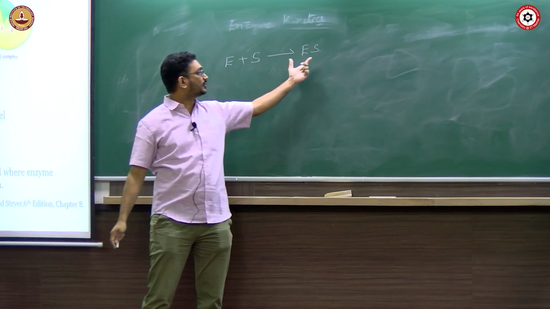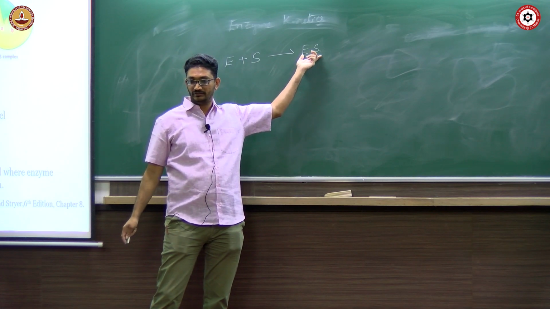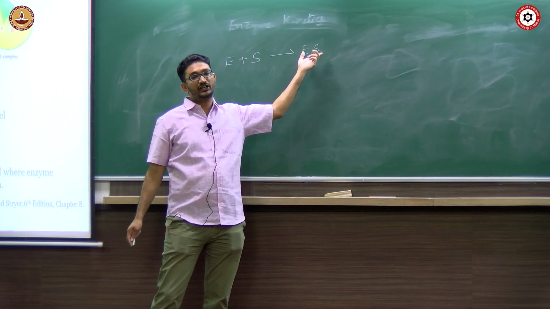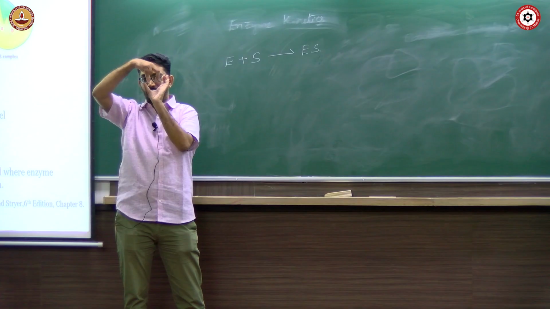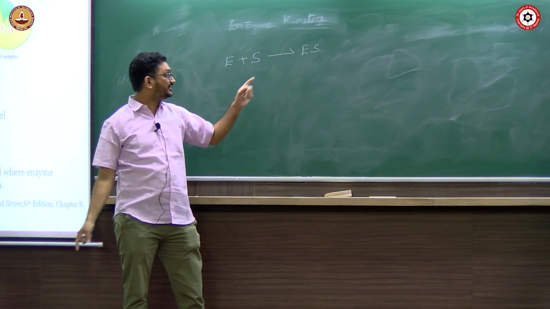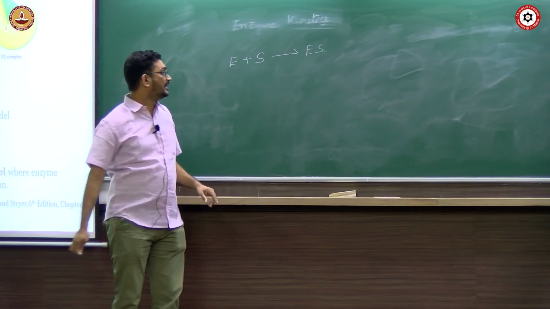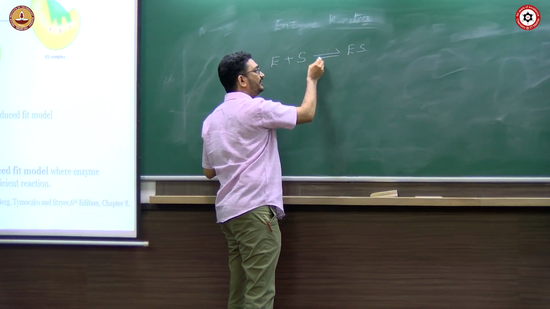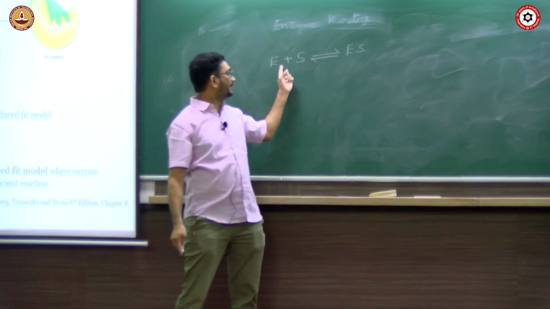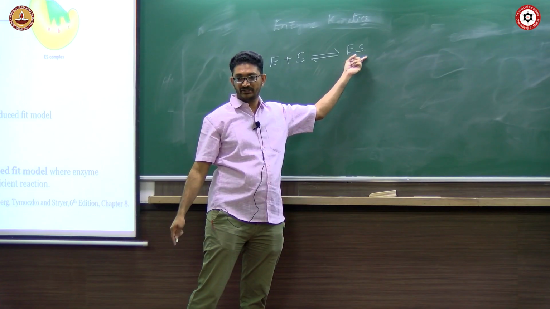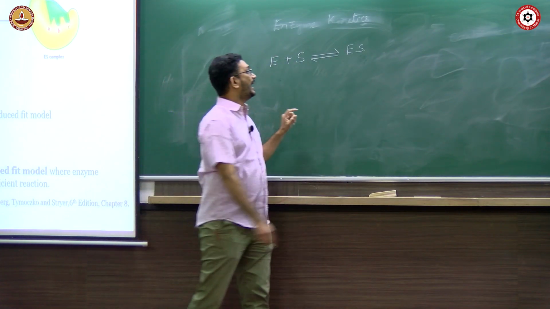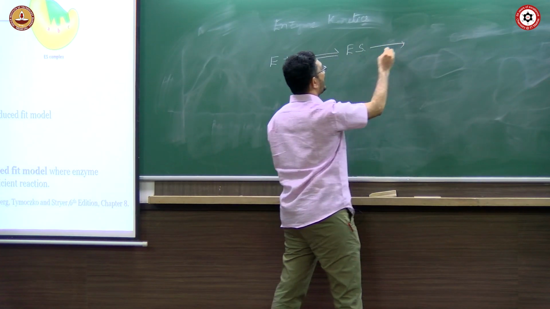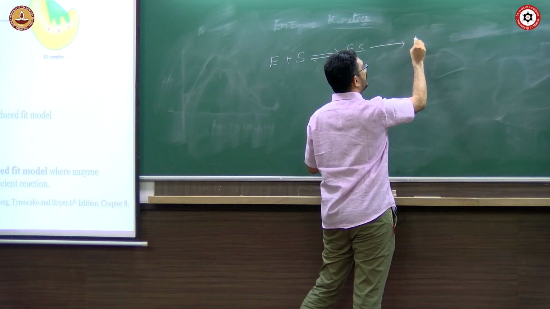Now, is this complex a covalent complex or a non-covalent complex? This is a non-covalent complex, as we showed. So most of the interactions have to be temporarily formed and they have to come down, right? So this is a non-covalent reaction, and most of it will always have an equilibrium. So enzyme plus substrate can form the enzyme substrate complex, but this complex can also dissociate back into enzyme and substrate, and this is where the enzyme interacts with the substrate and it will give product plus enzyme.